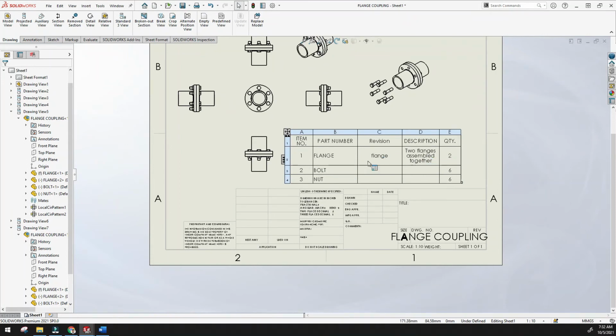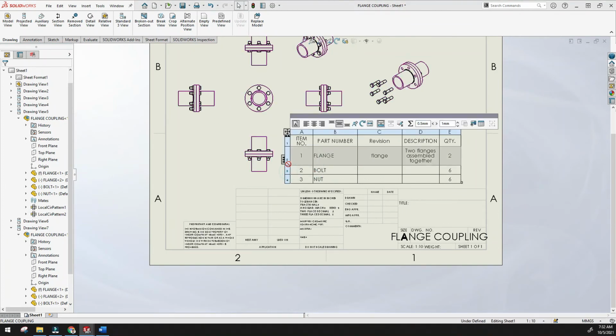So this is all about the bill of materials. If you want to drag, just click this and you can drag up and down. See, now the nut is above the bolt.